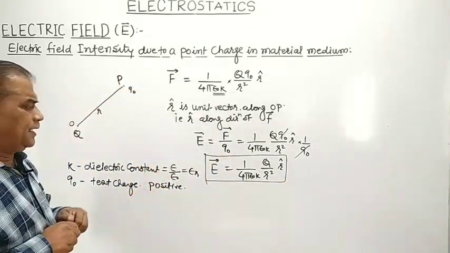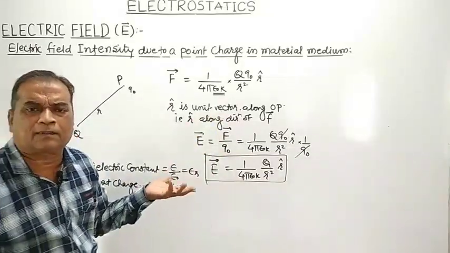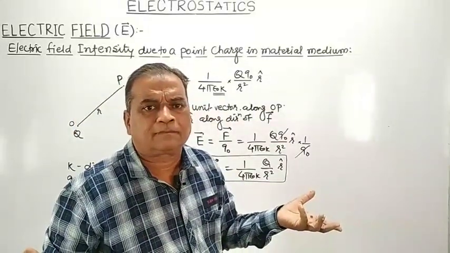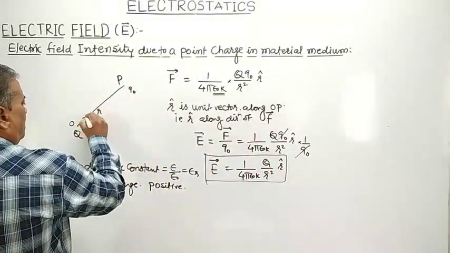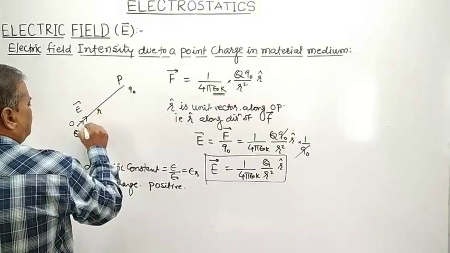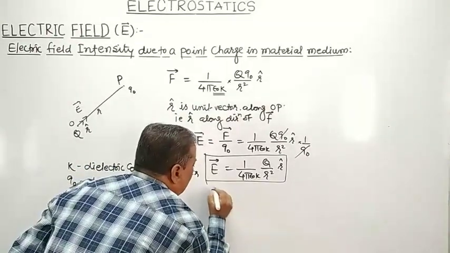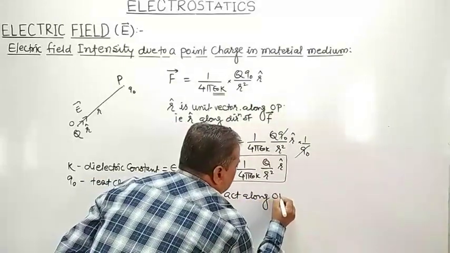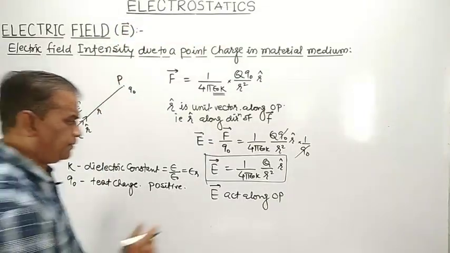See here, the direction of electric field is same as that of the direction of Coulomb force. The direction of electric intensity, vector E, will act along OP if